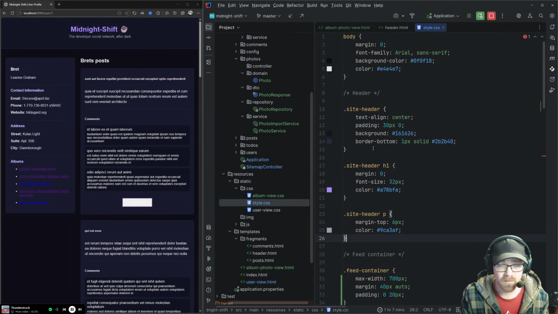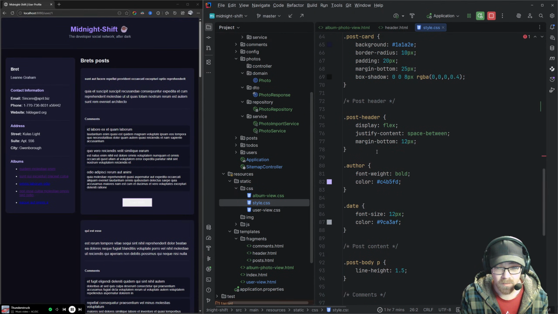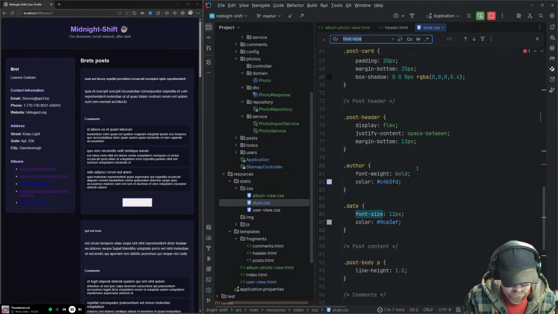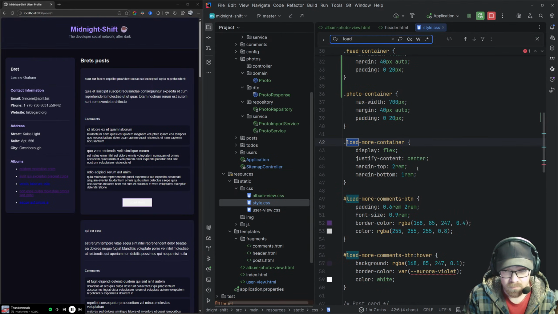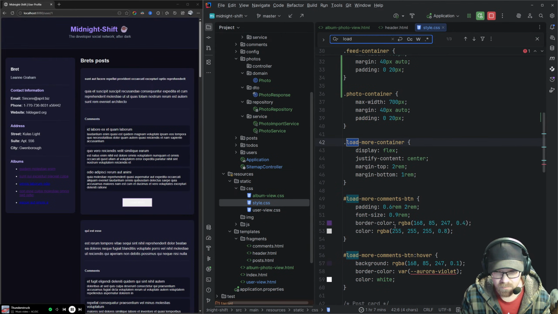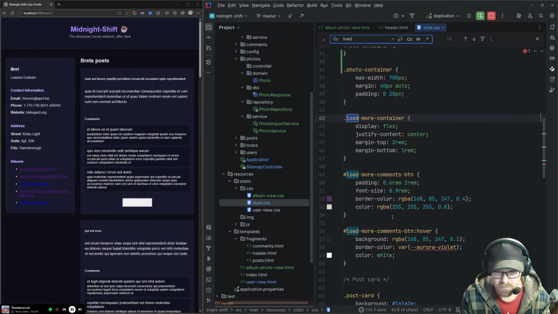Where's that at? Body, no, button, load more button. What did I call that? I called that load more, right? Load more container, load more comment button. Why are you white? Why did I make that white?